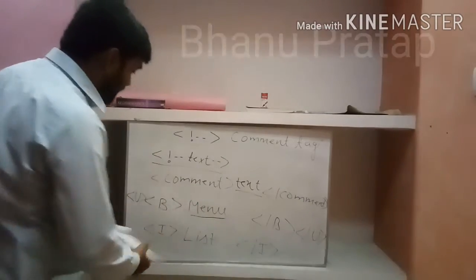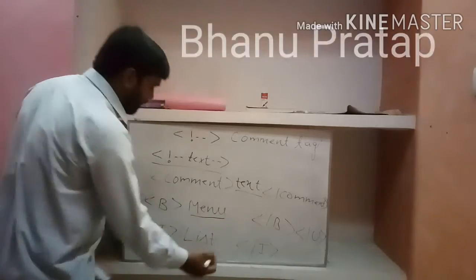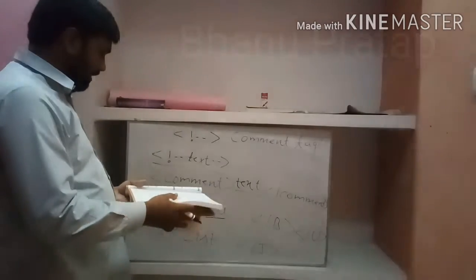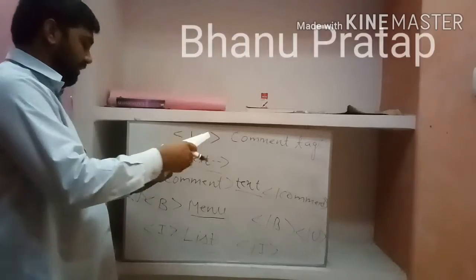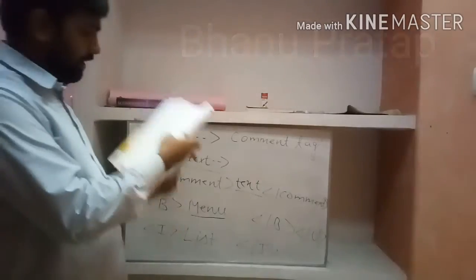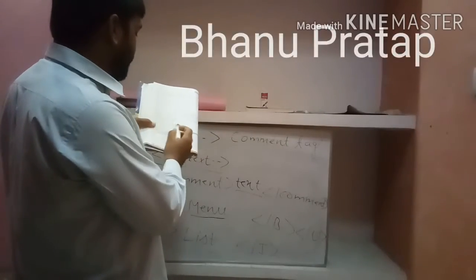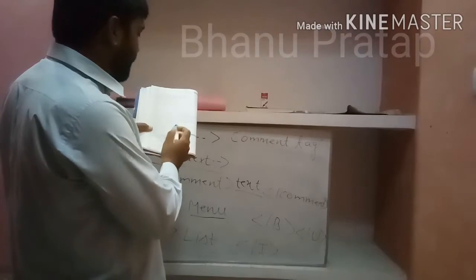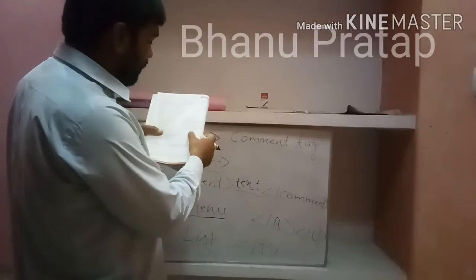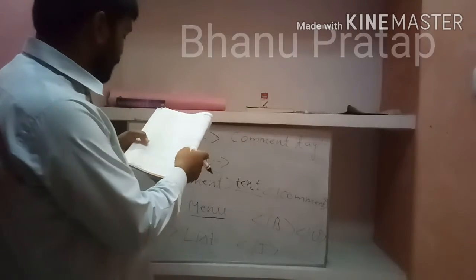Next is the italics tag, italics open and close. This is also a container tag, and here we have written list. So this list will be represented in italics style. You can also see this on page number 78. See inside the U tag open and close, what is written? Give your child a memorable vacation, and you can see the output also. Give your child a memorable vacation. That is the underline.